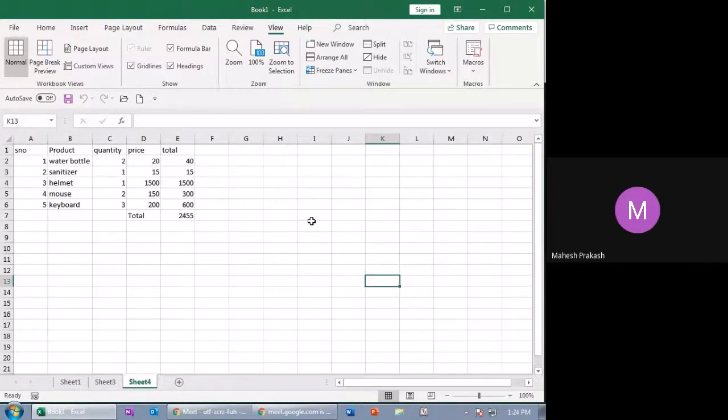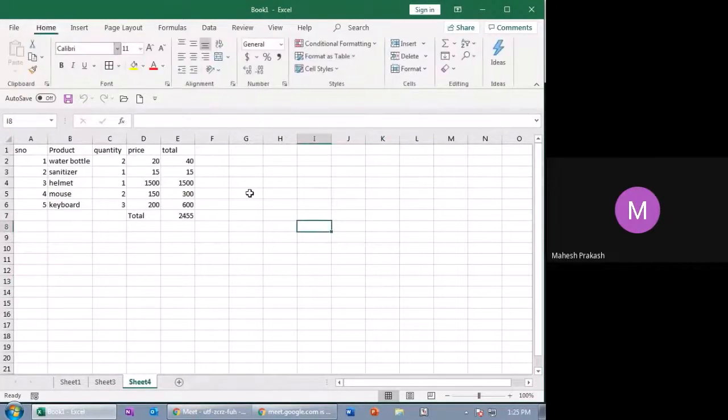What macros will do is it will save the formula and whatever calculations we have done, and it will work on a similar type of table. If you're working on a similar type of table with different data, it will work within a few seconds. You can do daily basis work within a few seconds. So that's the work of macros. We'll wind up with this, and tomorrow we'll cover most of the things.